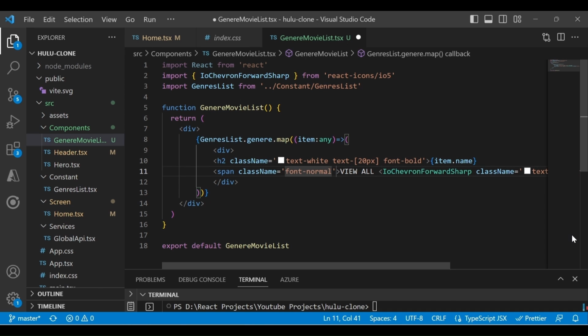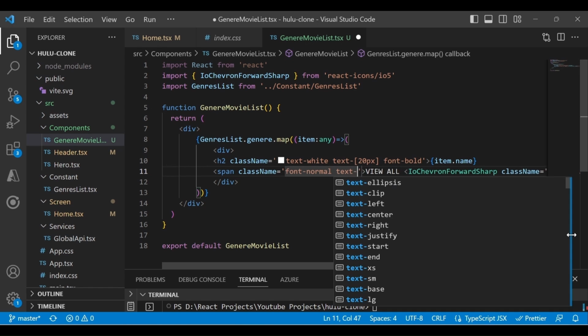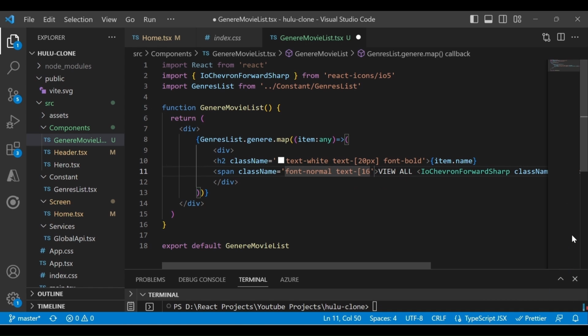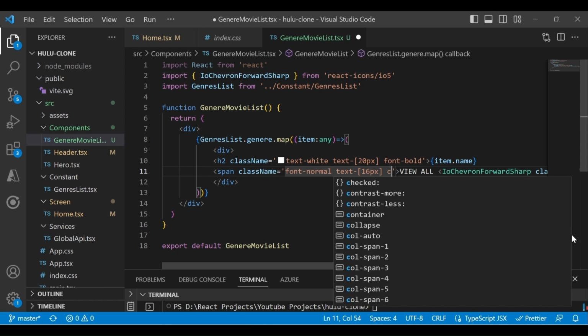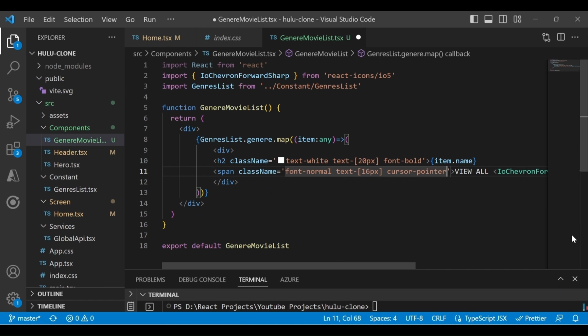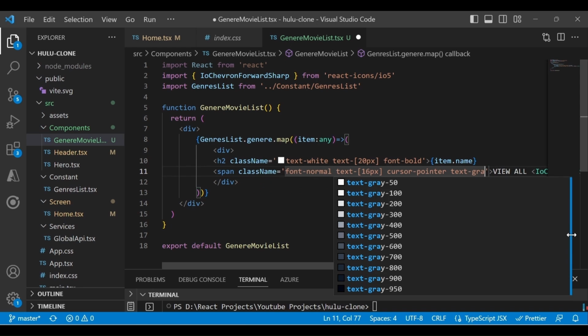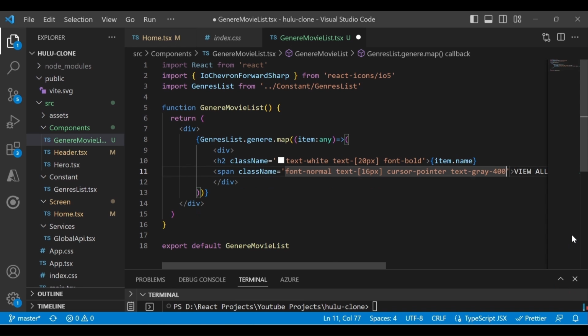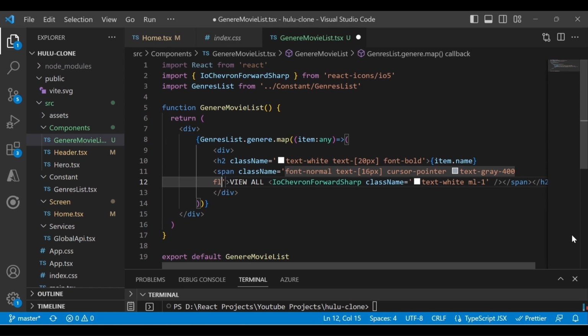And then we'll change the text size to 16 pixel, then cursor to be pointer, and we change the text color to gray 400. And also I want it on the right side, so just write float right in order to put it on the right side.